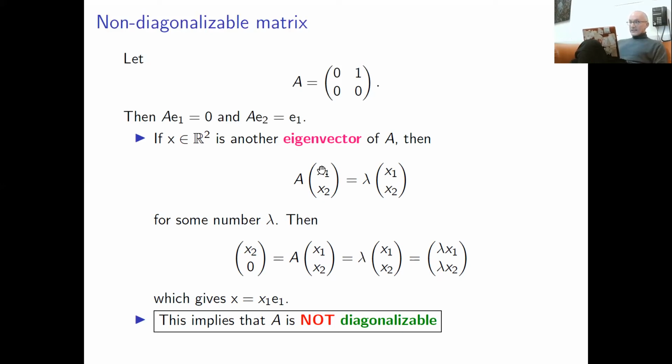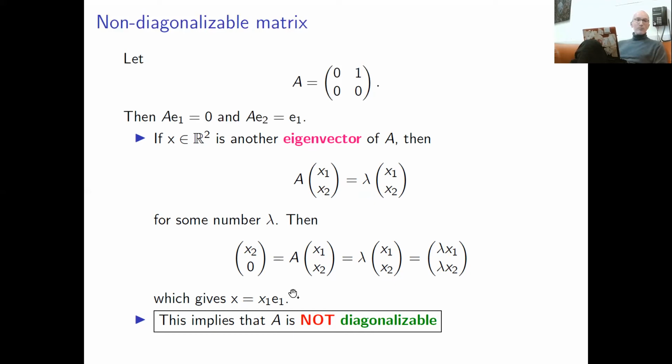And this basically means that you're going to get vector E2, but A E2 is E1. So you get an immediate contradiction. So lambda is not 0, but if lambda is not 0, then x2 must be 0. But if x2 is 0, then this vector x1, x2 is vector x1, 0. So this is just x1 times E1. So it is indeed maybe another eigenvector if x1 is not equal to 1.